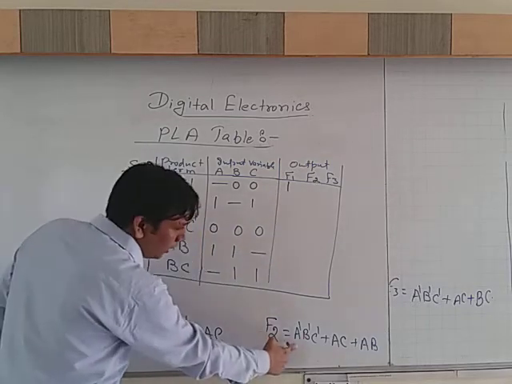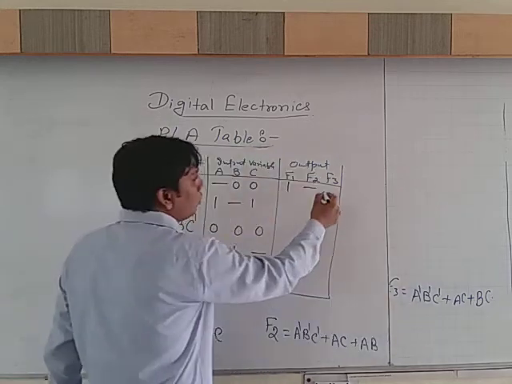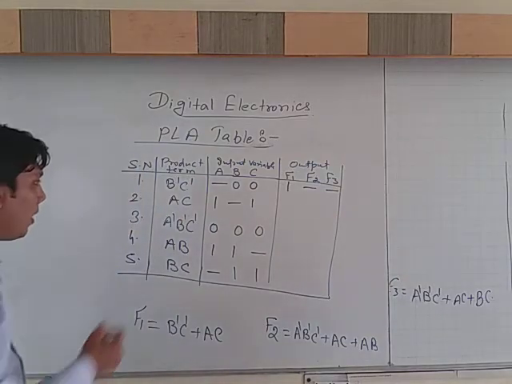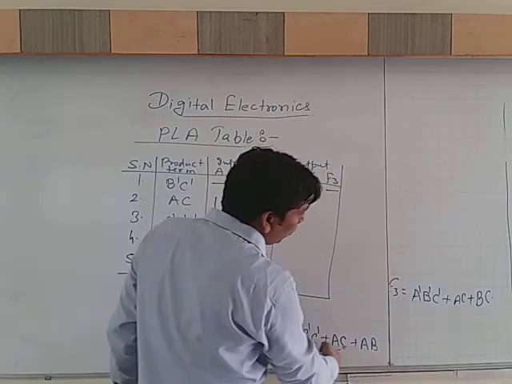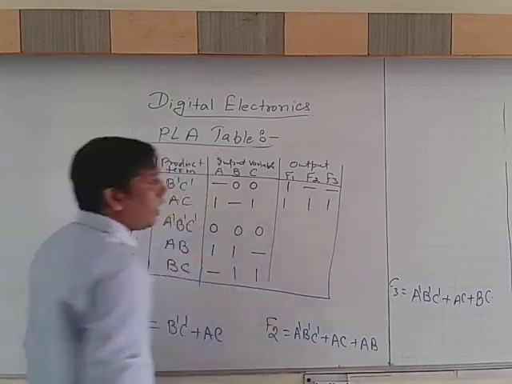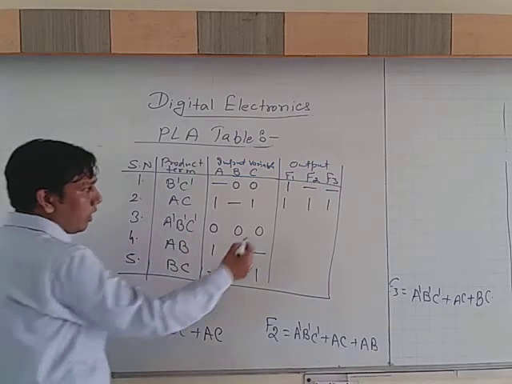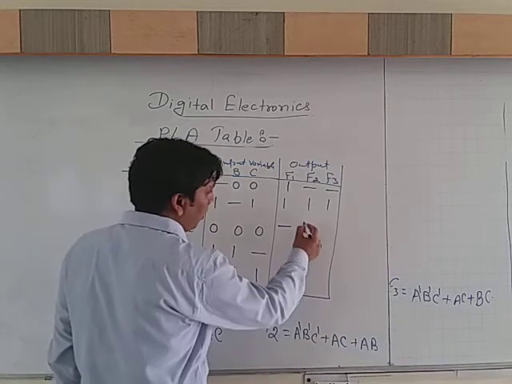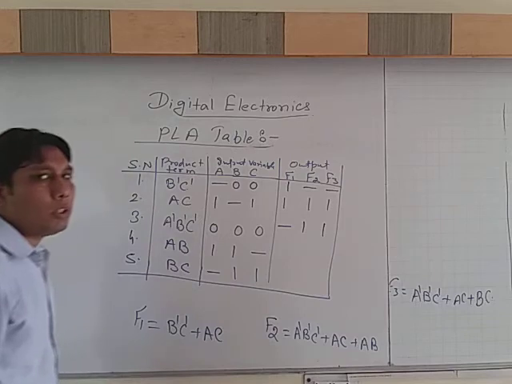In F2 it is not, so we will put a dash. In F3 it is not used, so it will be put dash in F3's column. AC is available in F1, also in F2 and also in F3. So all these 3 have the AC. A dash B dash C dash is not available in F1, so it will be dash here. In F2 it is available, so we will put 1, and F3 it is also available, so we will put